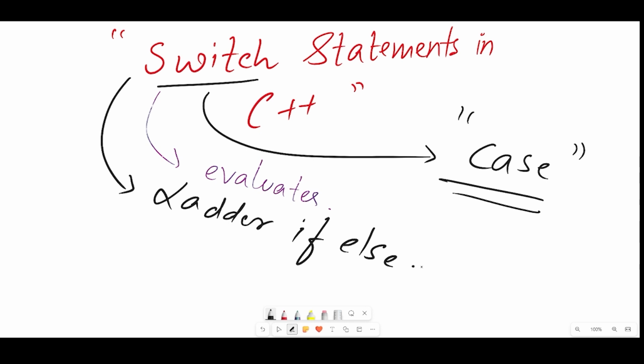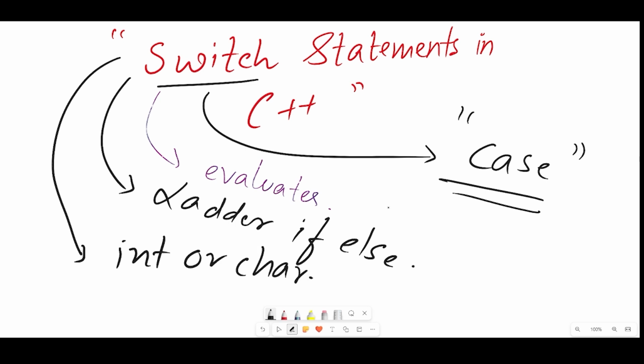Now here we can create different cases for different values of the switch expression, and moreover we can specify any number of cases in a switch statement, but the case value can only be of two types, which we have learned in data types: int or character. Remember, if you give the case in another data type like float, it will not work. So you have to note this down, that int and character only work when you're putting them in the case. So the best way to understand the switch statement is through a program.